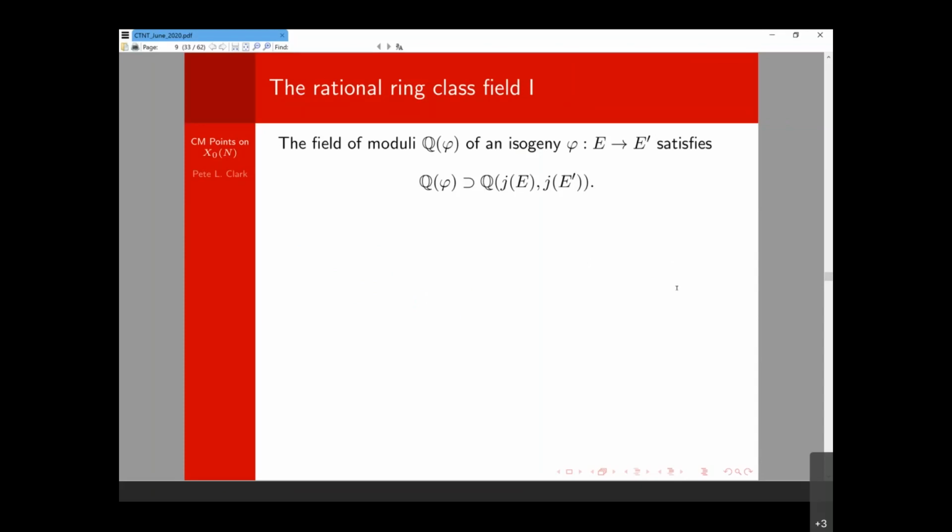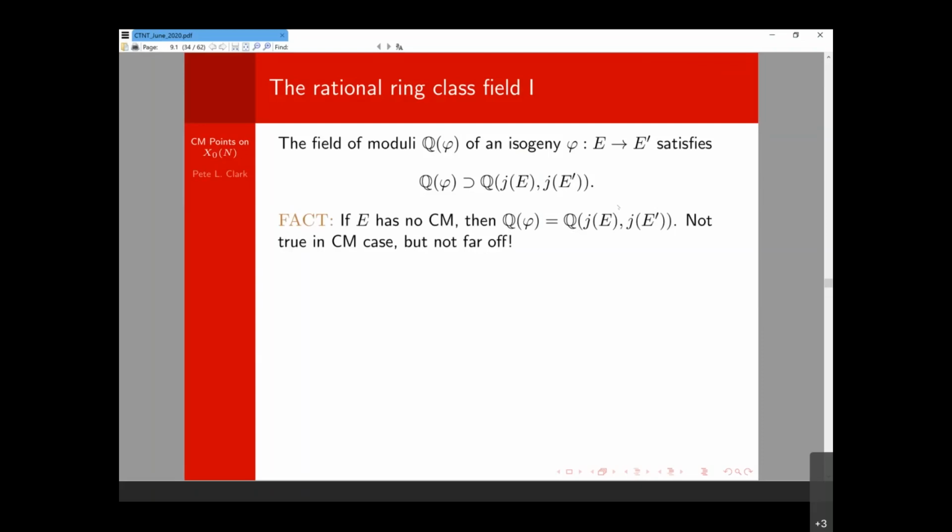So, a very easy observation is that if your isogeny is defined over a certain field, then your source elliptic curve and your target elliptic curve had better each be defined over that field, and therefore the field of moduli of the isogeny certainly contains the field of moduli of the two elliptic curves. And so strange, I had never seen this observation before. Maybe afterwards someone can tell me where this observation occurs in the literature. It can't be new, but a half-page argument or so shows that if your elliptic curve does not have complex multiplication, then this kind of very obvious lower bound is always an equality.